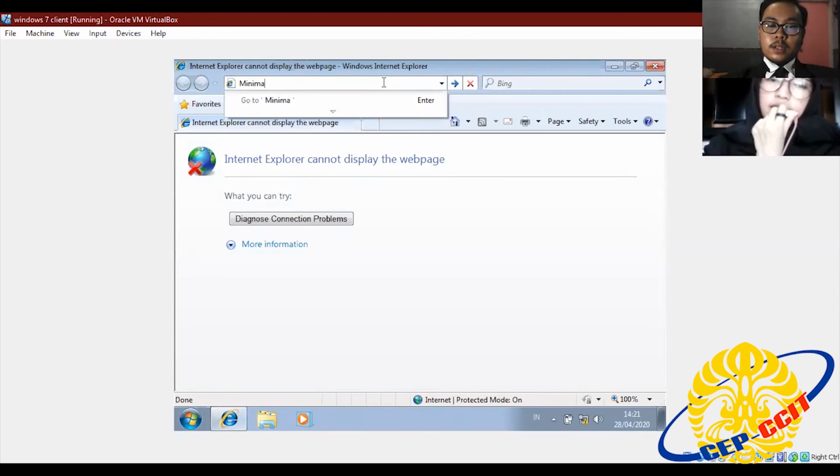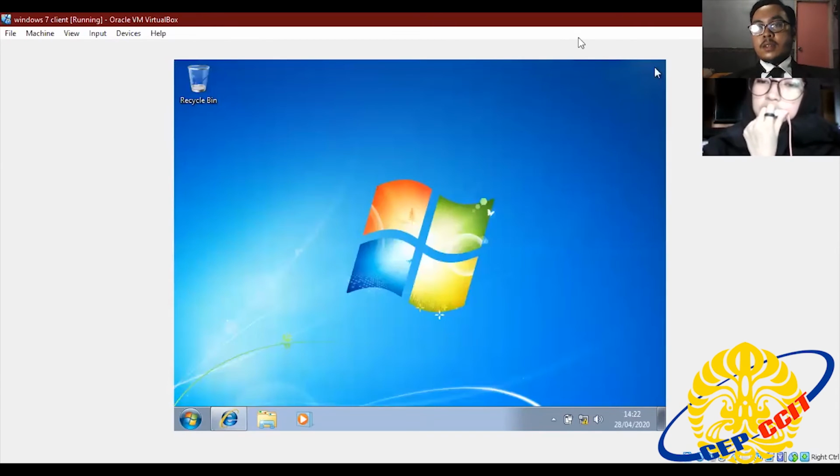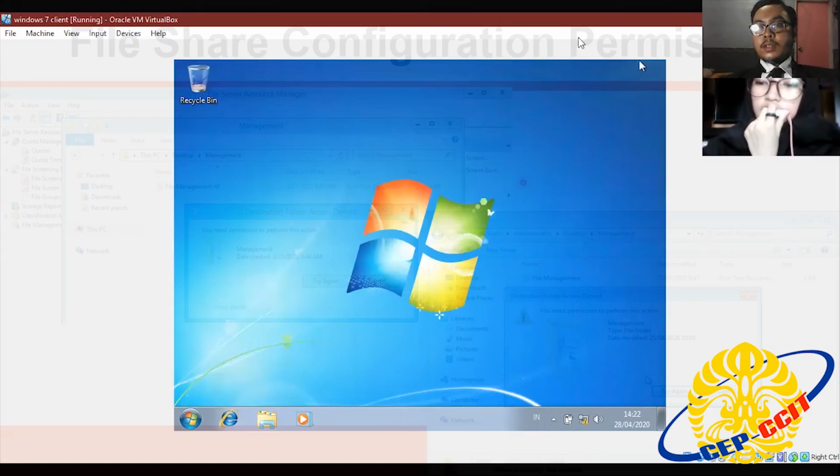It is minimarket dot computer server, which is the domain server, local domain. Okay, HTML web. For example, minimarket Suburjaya. Okay, close and back to the PPT.